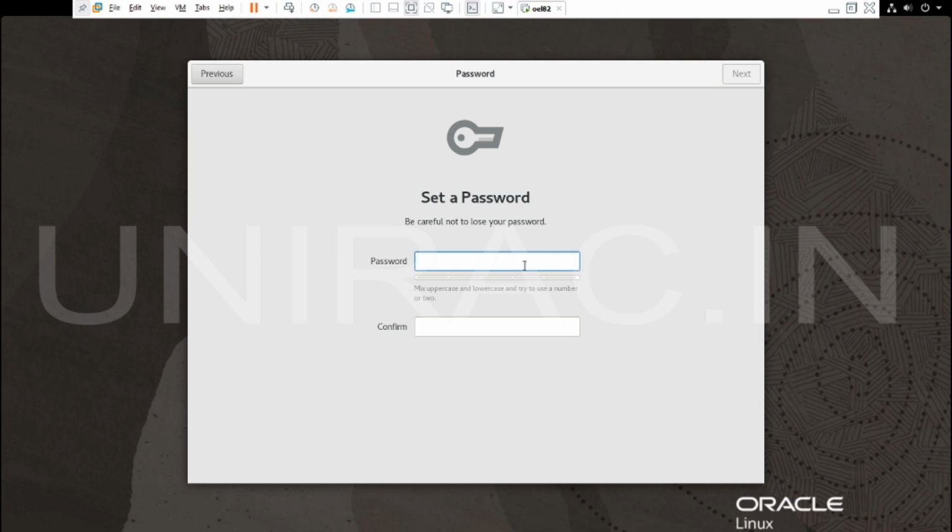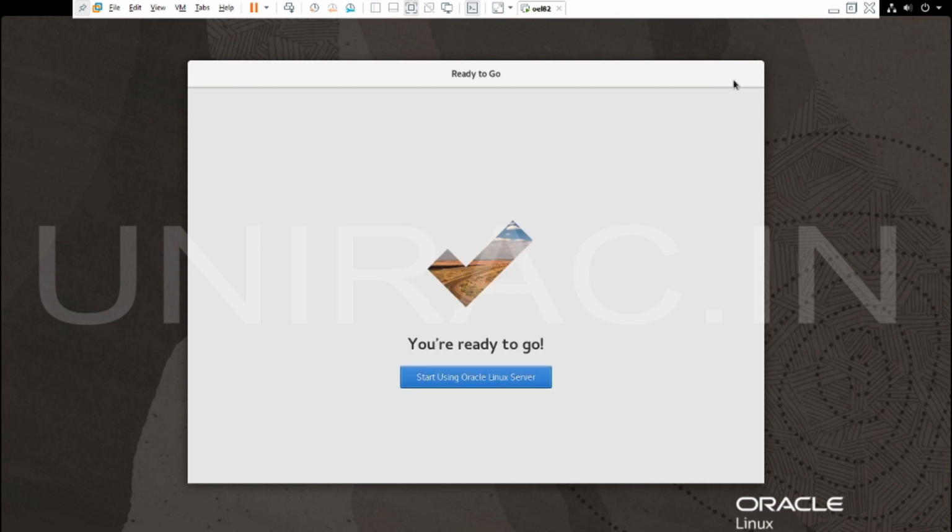Set the password. Confirm the password the same as we entered. Ensure it's a strong password. Click on next. Now you are ready to go. You can start using your Linux server.